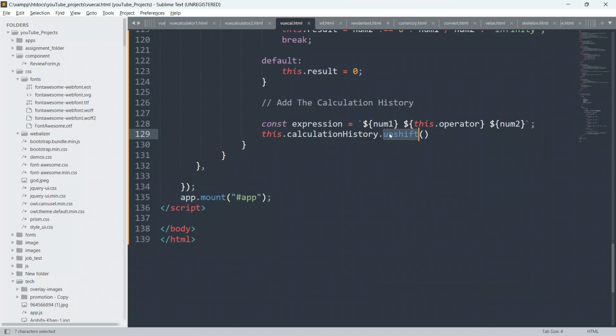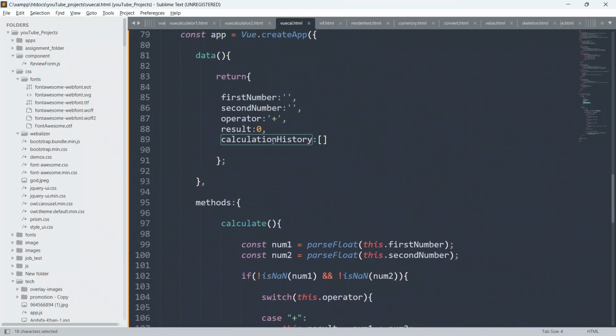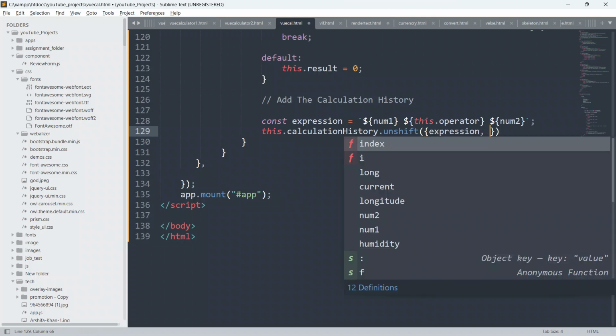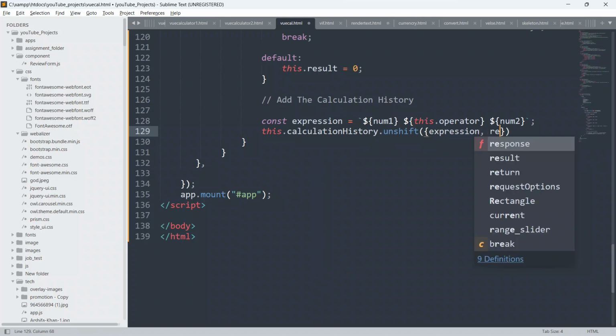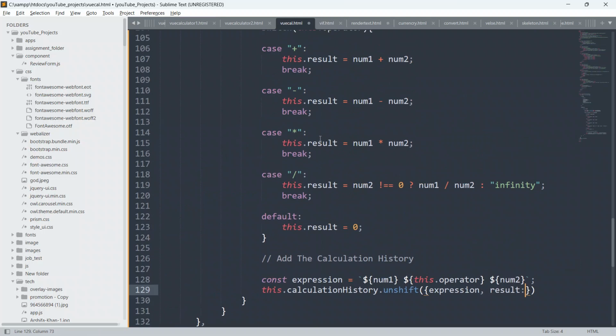So I'll say this dot calculation history array dot unshift, and I will just create the object. I'll give this expression, and I'll give the comma here also, and I'll say result colon, and I'll give this dot result.